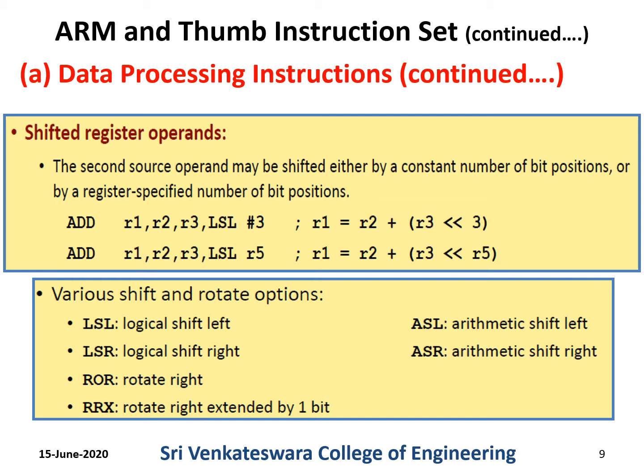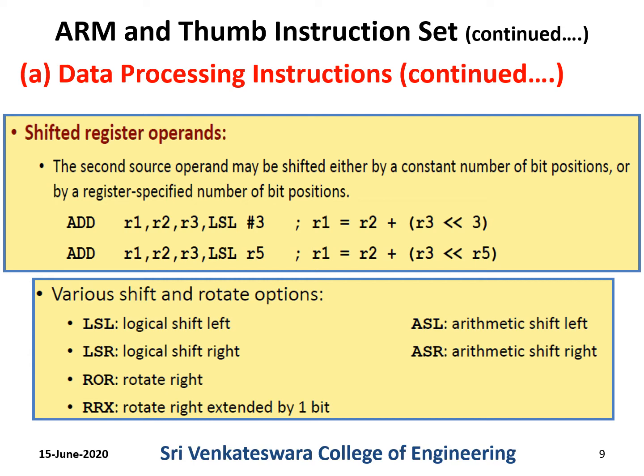Now, apart from this simple logical shift left and right, there are also rotate instructions. During rotate right, the least significant bit will come to the most significant bit. That's how the rotate operation is done. Now, in shift operations, as the bits are shifted by some number of times, the other end will be appended with logical zeros.